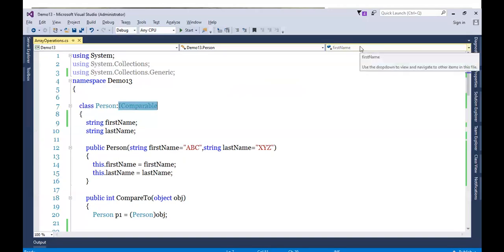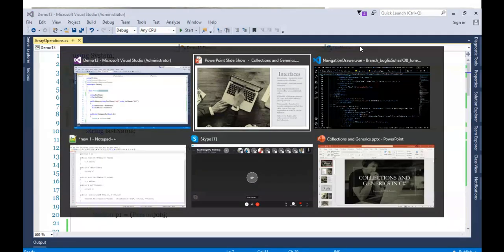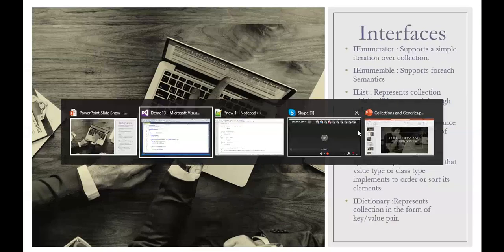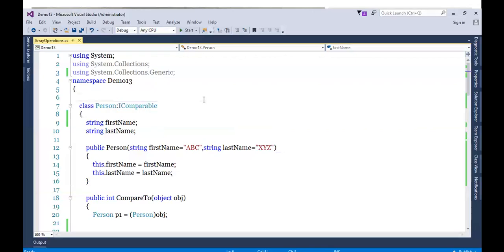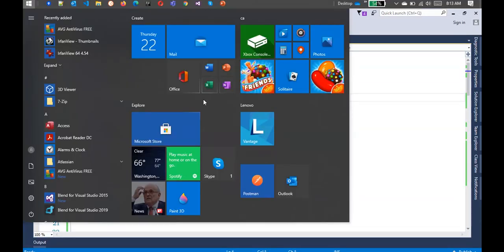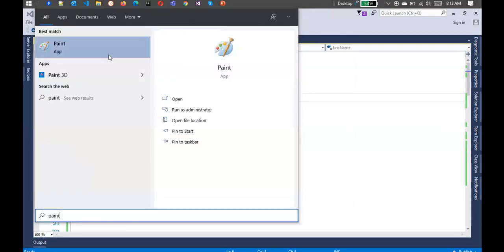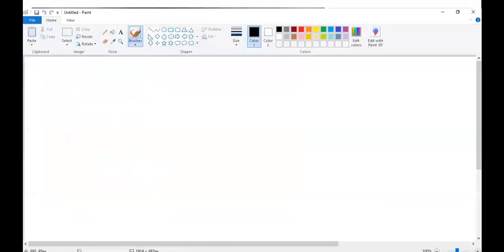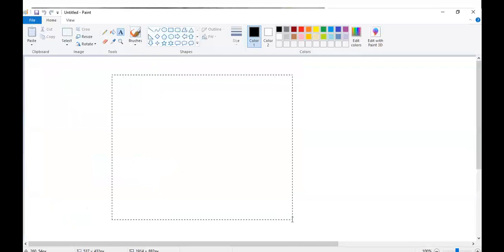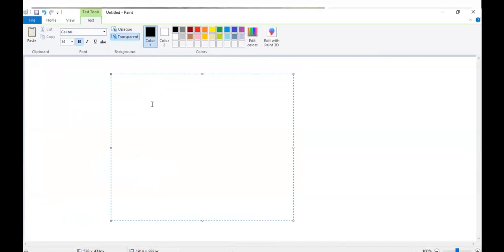Now, if you see the working sequence of this project, the working sequence is like this. We have the IEnumerable interface.